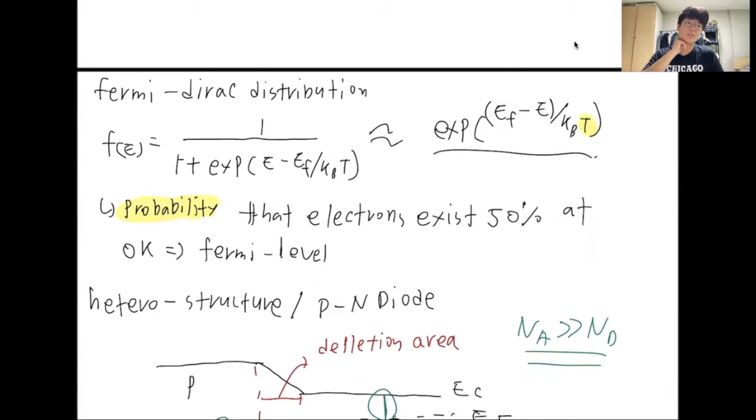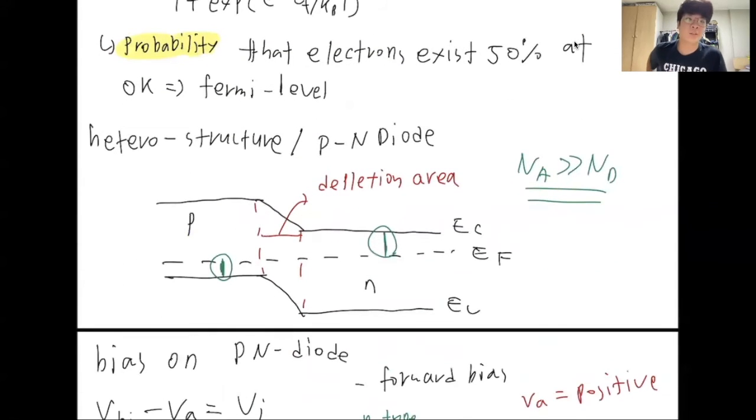The Fermi level means the level where the probability that electrons exist is 50%, at 0 kelvin. It's located in the middle of the energy band gap,